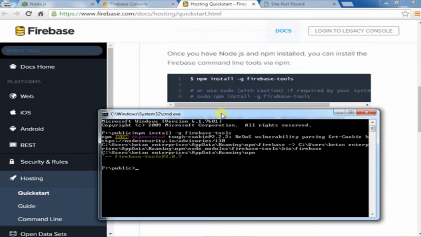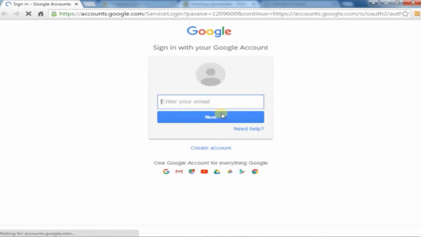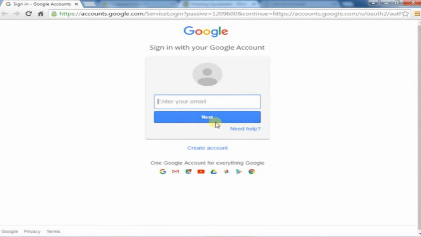Now you have to write firebase login. It will ask you to allow access from your Gmail account. Press yes. Here it will open, and you have to mention your email account.